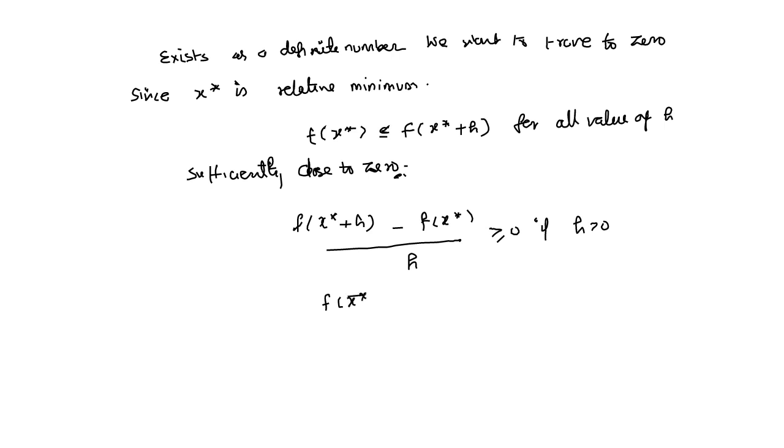And (f(x star plus h) minus f(x star)) upon h is less than or equal to 0 when h is less than 0. So this gives us less than or equal to 0. So from equation number 1,